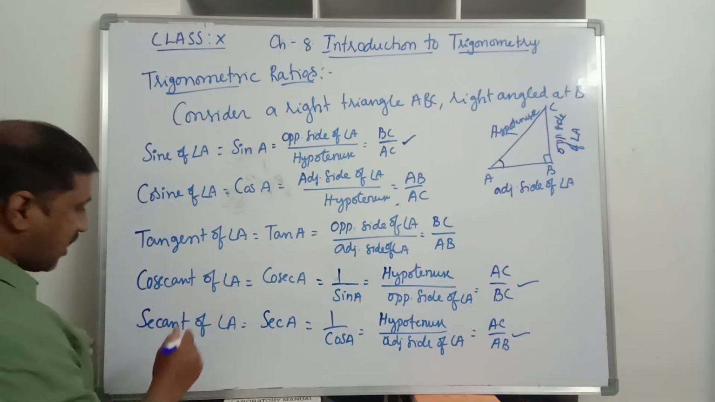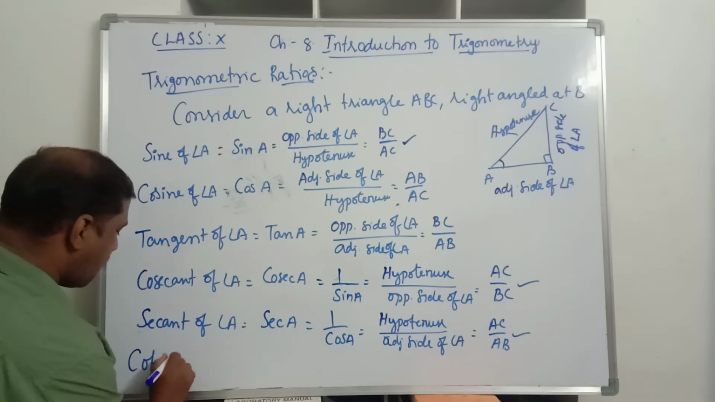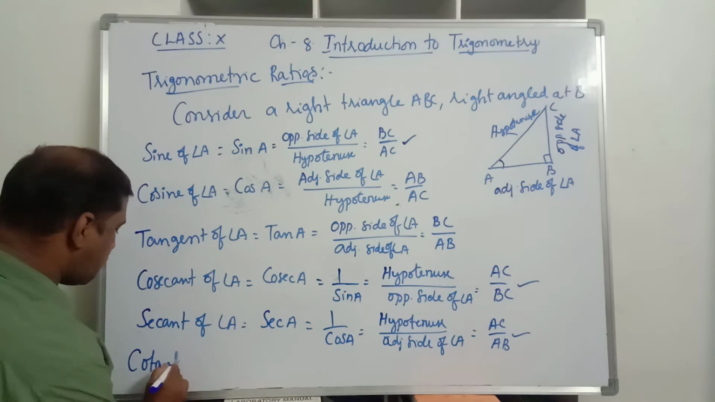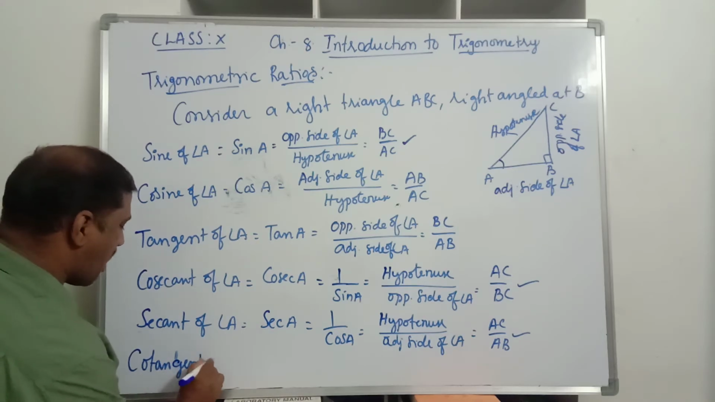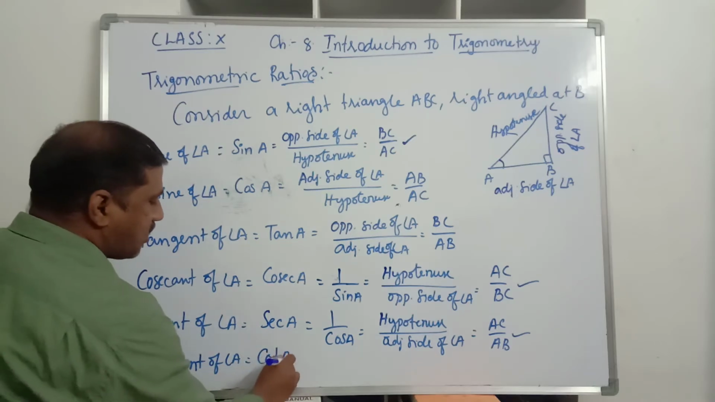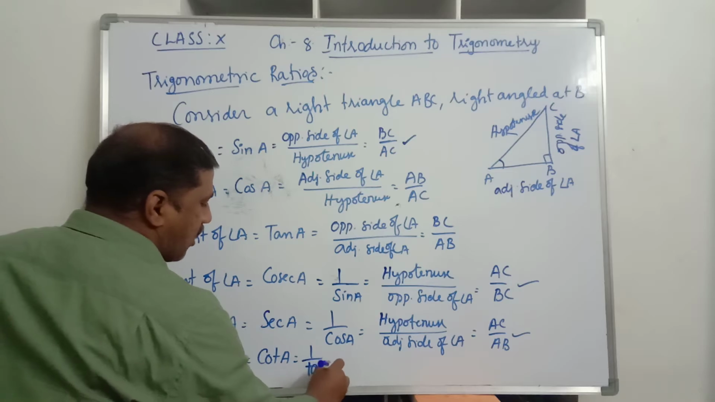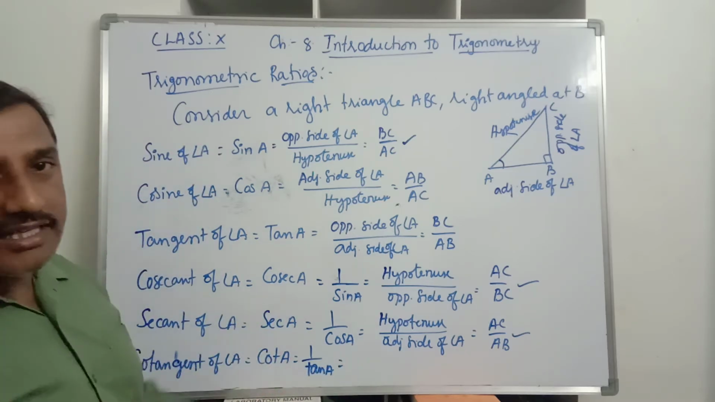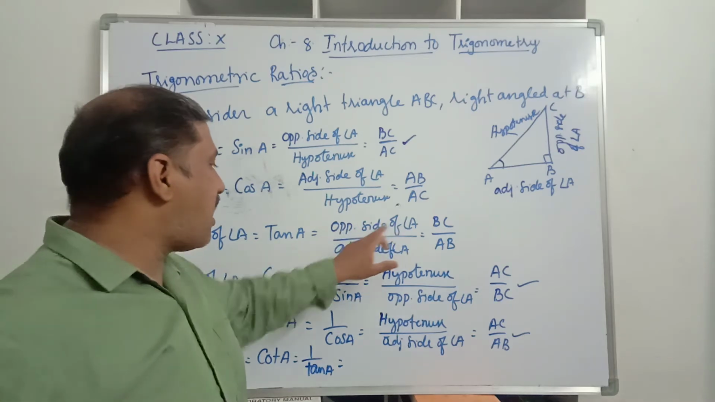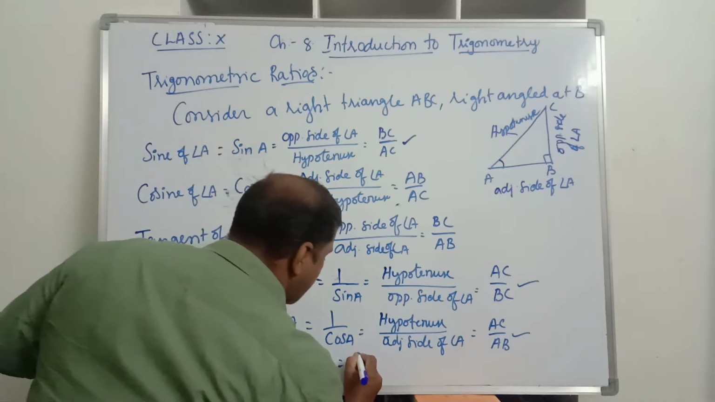Now the last ratio is cotangent A. Cotangent of angle A is abbreviated as cot A. Cot A is again the reciprocal of tan A. Tan A is opposite side of angle A divided by adjacent side of angle A. Its reciprocal will be